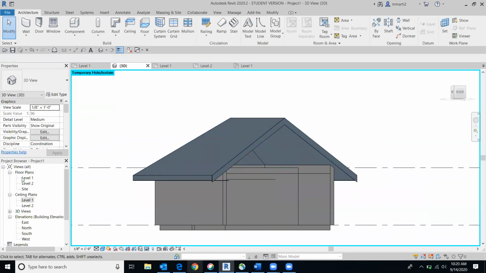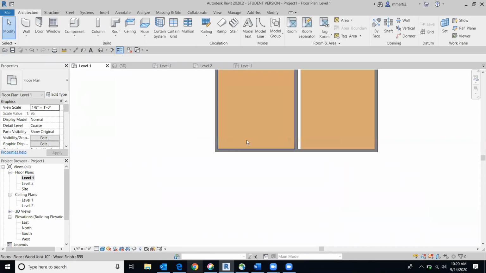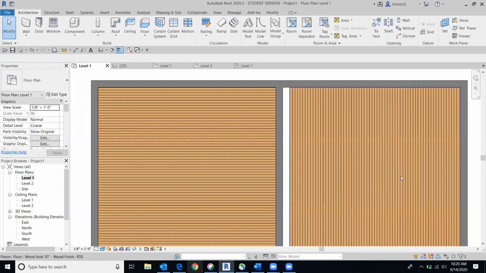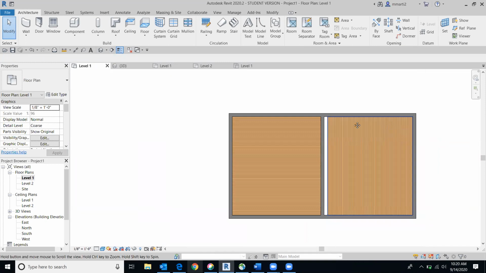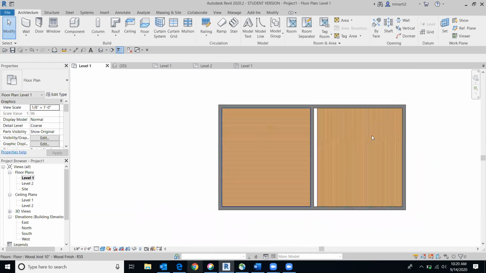And one last thing before we do anything else, I had another person ask about laying out patterns for your floor flat patterns. If you've just laid out your flooring in your house and you've got one wood pattern that runs this way and one wood pattern that runs this way, and you want them all to run in the same direction,